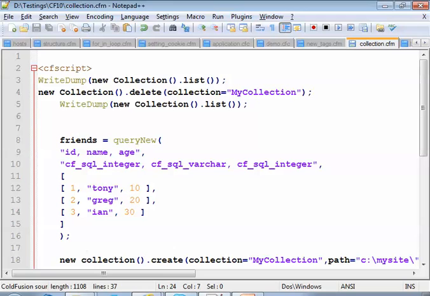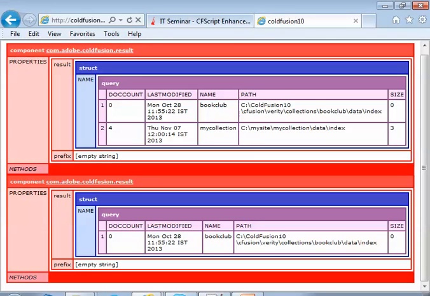So you can see, first we have two collections, one is book club with this path, and the second one you can see we have one, because we have deleted that my collection one from C side, so we have one collection. It's in your system, in any path you have that. If you have the collection, then it will show that. This is the default one, I guess, because I also have not created this. This is the default one which Cold Fusion provides you for testing purposes.